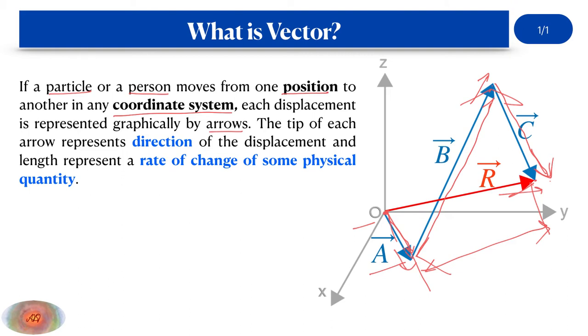The time variable may be associated with the vector, as I have given in this example of the movement of a person. So basically the movement of a person in this three-dimensional space, here you can see the three-dimensional space is represented by these axes, this x-axis, y-axis and z-axis. So the person moves in this three-dimensional space initially along this direction denoted by the vector a, then along this direction denoted by the vector b, and thereafter along the direction of vector c.